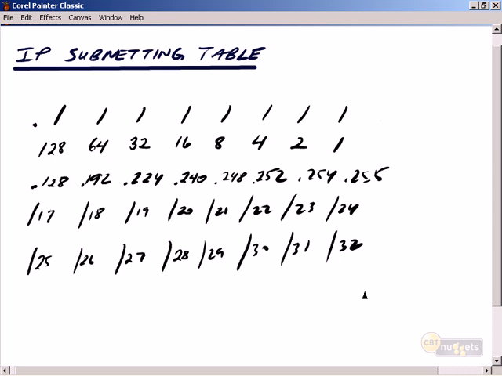Okay, the final subnetting thing we have to be ready for on the exam, and like I said, in the real world, we could just use a subnet calculator and figure this one out. But that's the usable hosts problem, okay? In other words, based on the prefix or the subnet mask, what is the range of usable hosts? So, here we go. Let's say you have a network that is going to be